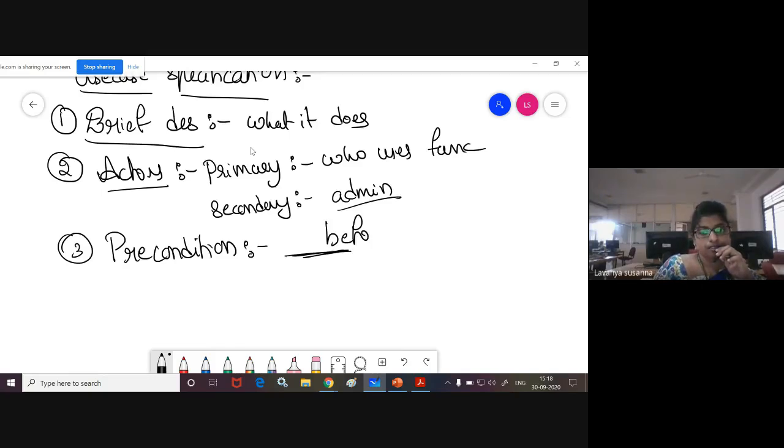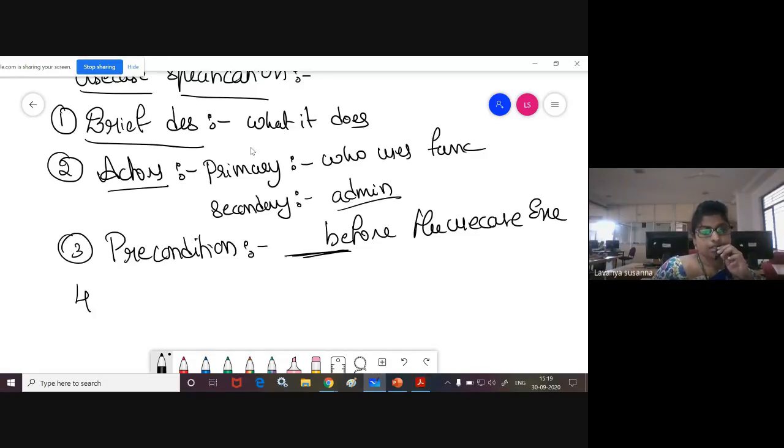Before the use case is executed or before the use case starts, if any condition needs to be met, that condition you need to specify. I hope you understood precondition. The name itself is saying precondition. Before any use case starts, if any condition needs to be met, that condition you need to specify.